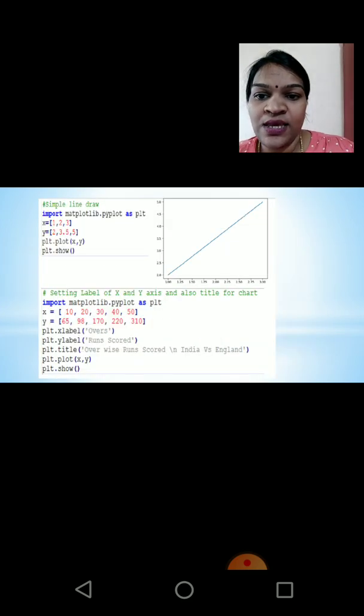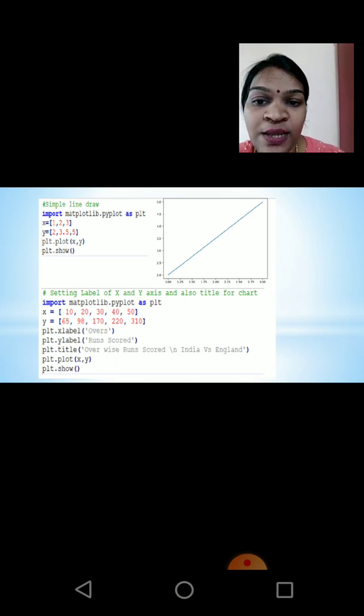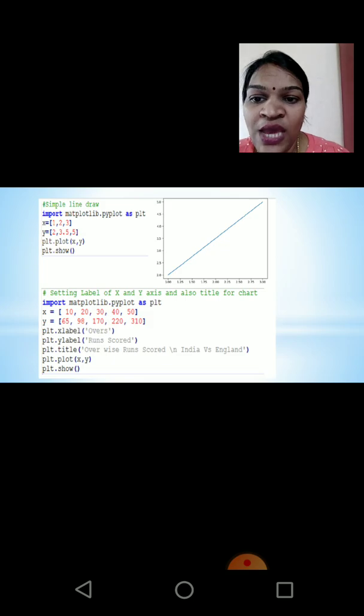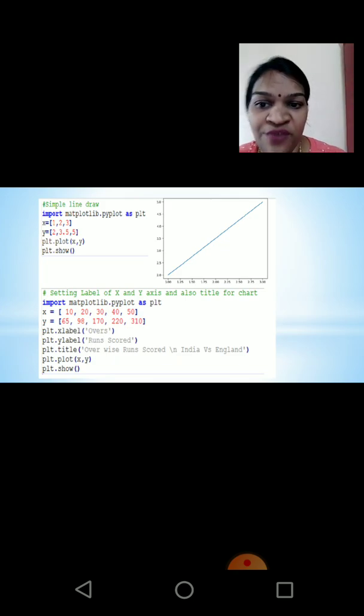We'll see an example and how the program is written. Import matplotlib.pyplot as plt, where plt is the alias name for pyplot. You have x as a list and y as another list of numbers, and you have to plot. The function used is plt.plot(x, y).